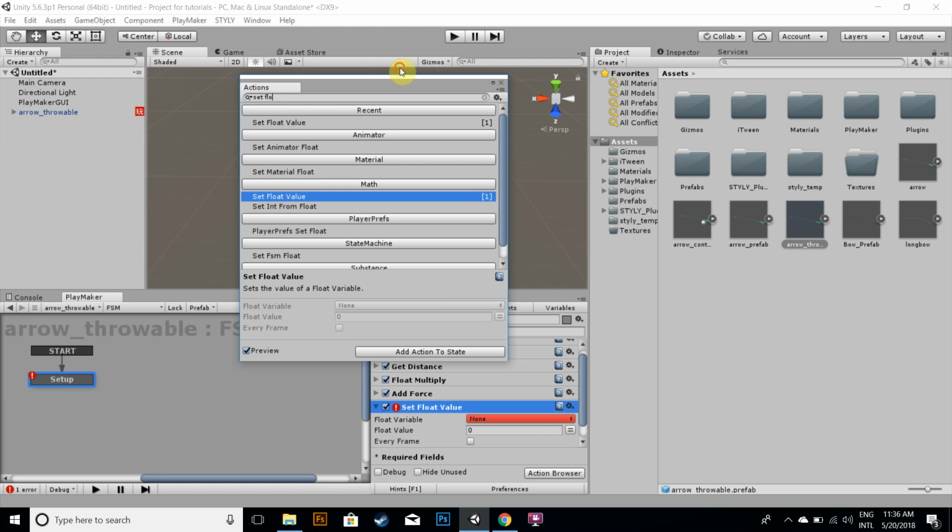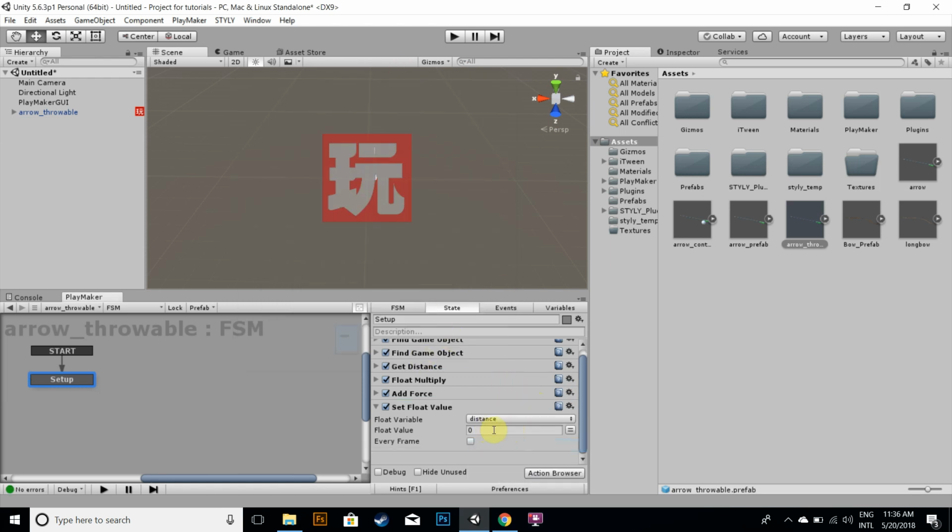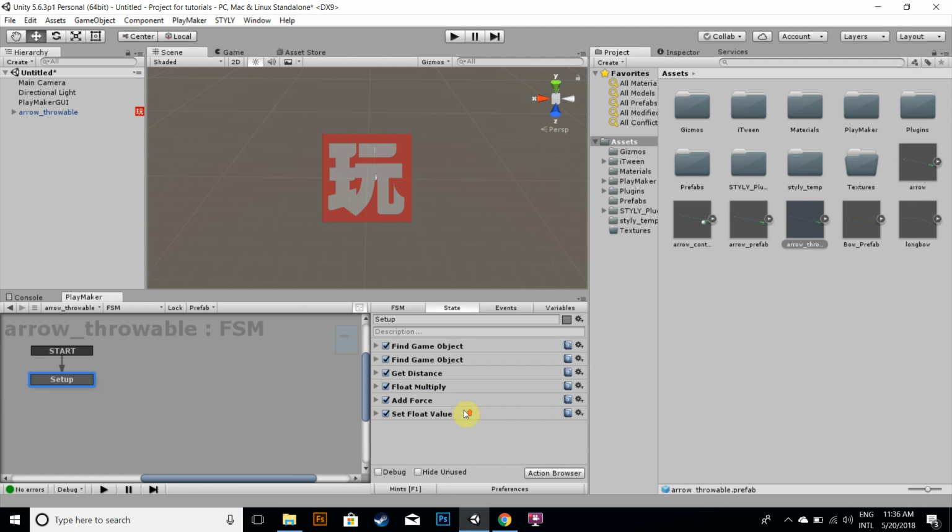Okay, so what is the variable we're talking about? Distance, and we're just going to set it to 0. So whenever another variable prefab is created, well, I guess we don't need this, but I've done it anyways. Okay, so now that we have this,